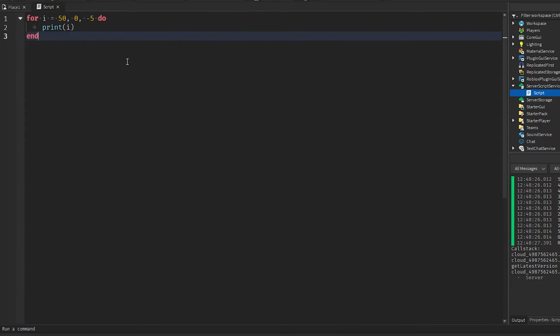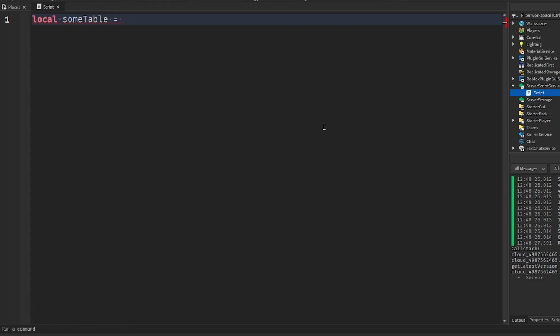There's another kind of for loop that we'll get into later. But the next thing we're going to get into is tables. So a table is another type of value, right? So you have numbers, you have strings, you have all those different types of values that you can put into variables. Tables are another type of value that you can put into a variable, right? So local sum table